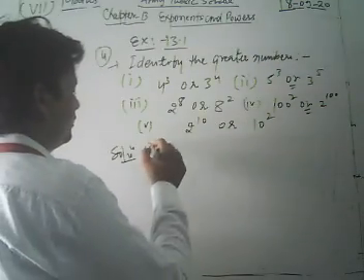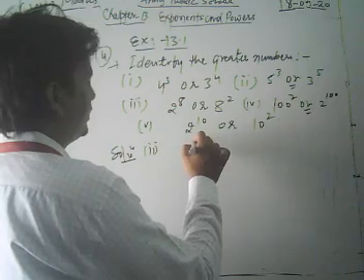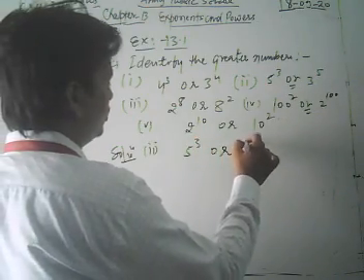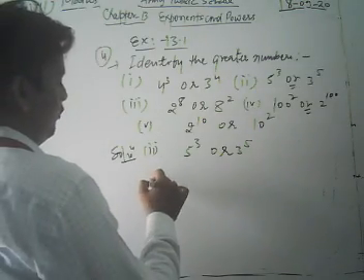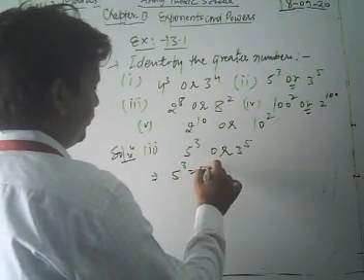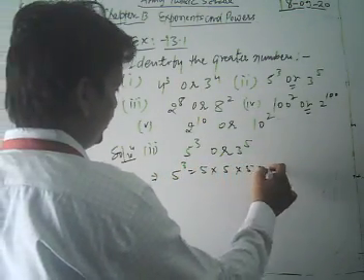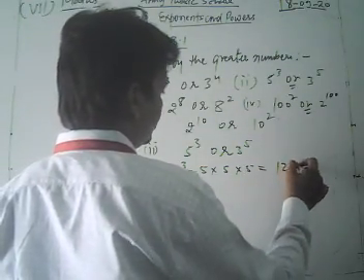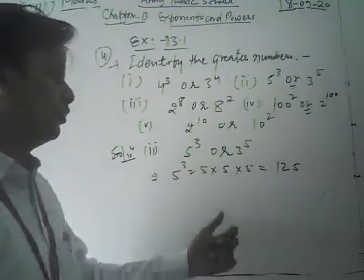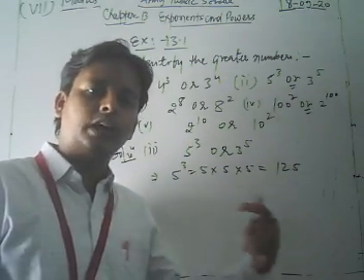Your second part of this question is 5 to the power 3 or 3 to the power 5. Dear student, first of all we simplify them. First we take 5 to the power 3 and we write 5 into 5 into 5. So we get 5 5s are 25 and 25 5s are 125. Now similarly we take 3 to the power 5 and simplify it.